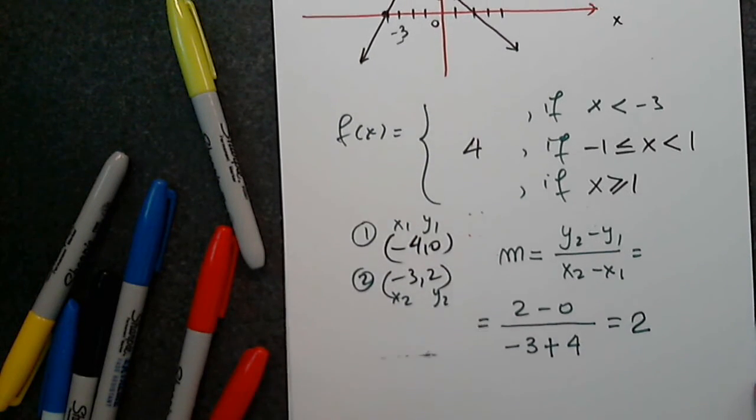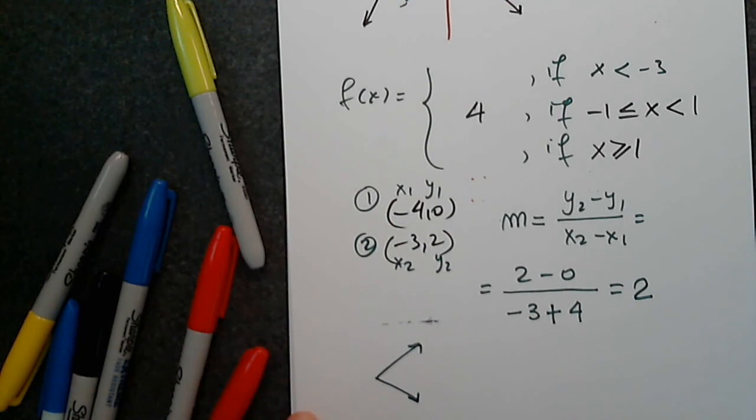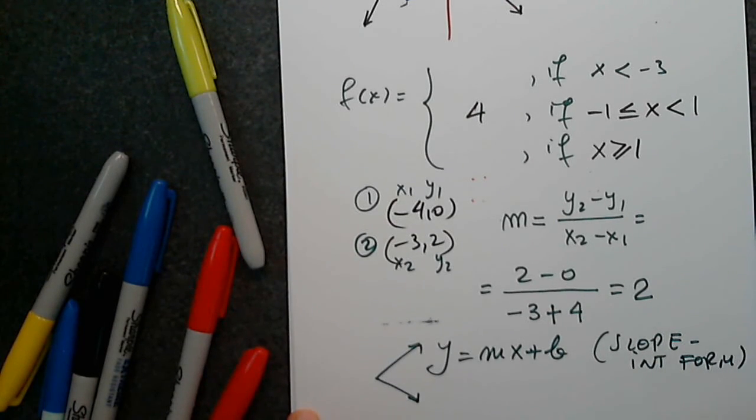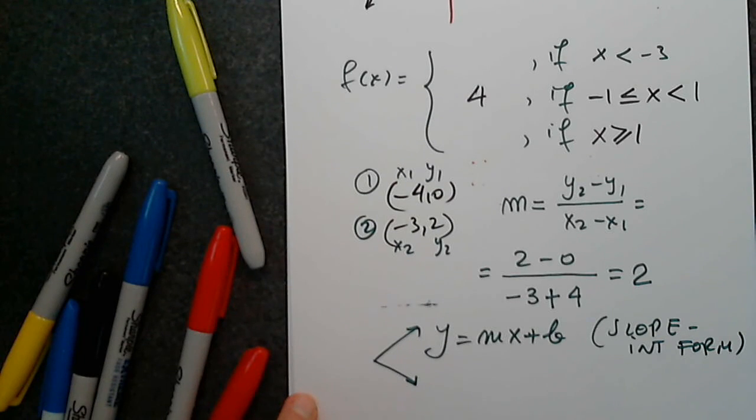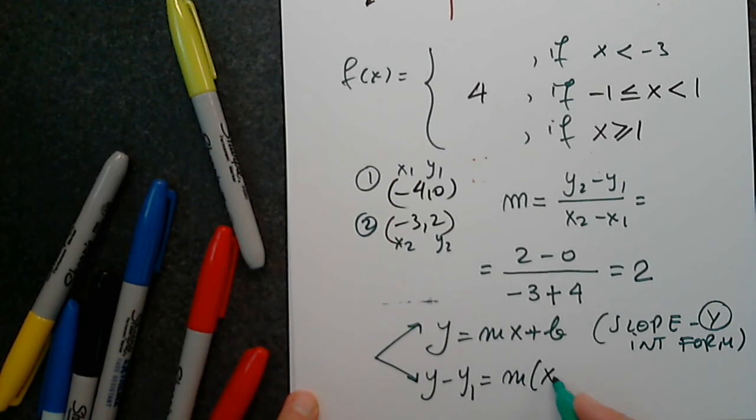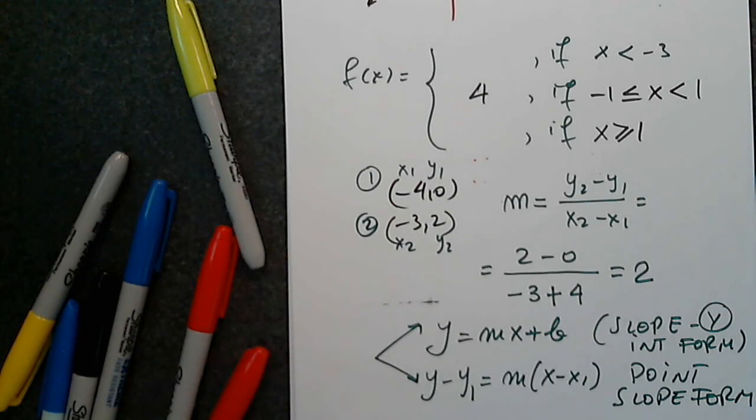Good. So now, if you remember, we do have 2 different equations of the line. We have y equals mx plus b, which is slope-intercept form, which is slope y-intercept form, remember, not x. And the other one is y minus y1 equals the slope times x minus x1, which is point-slope form. Okay, which one